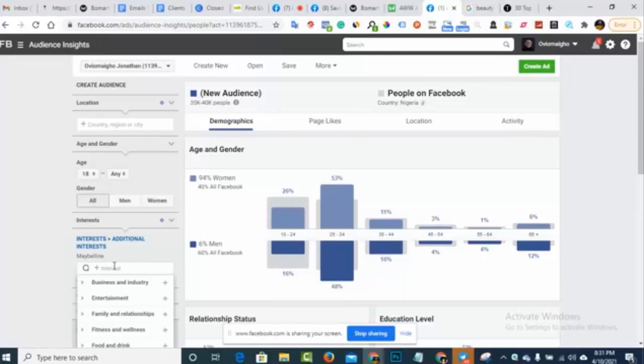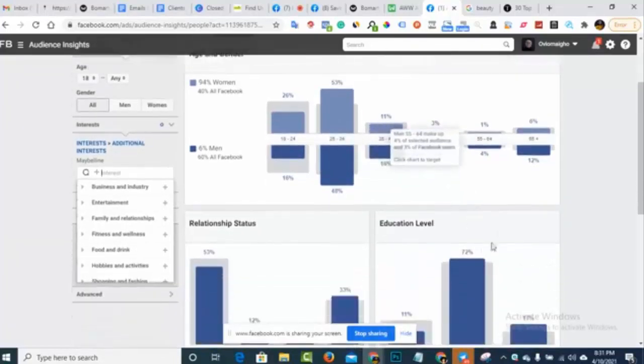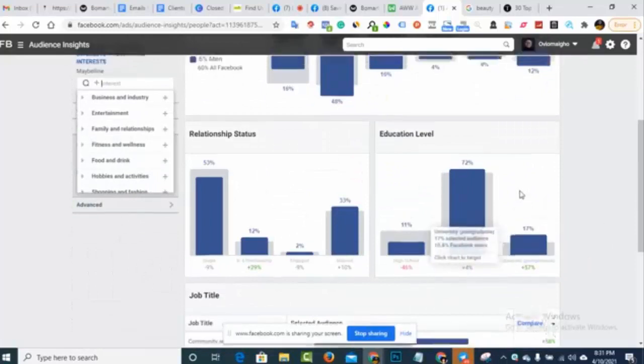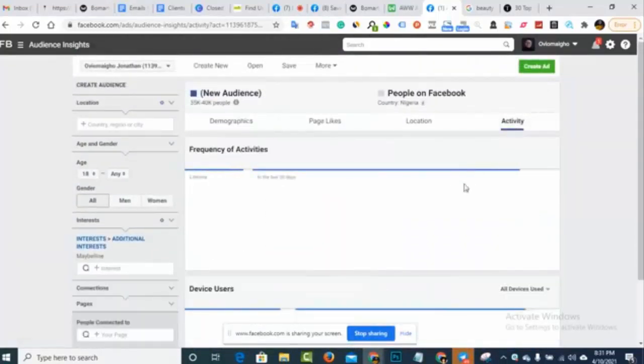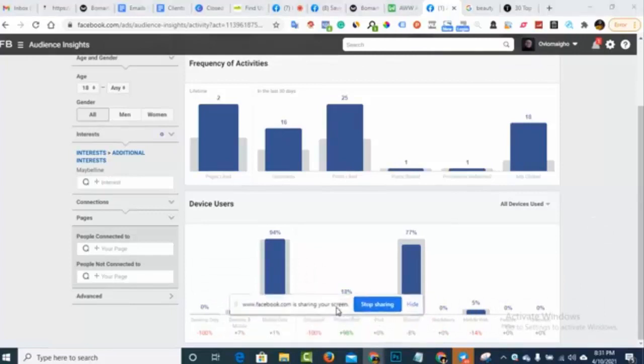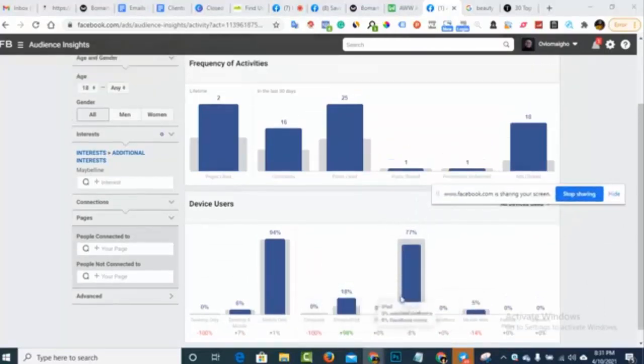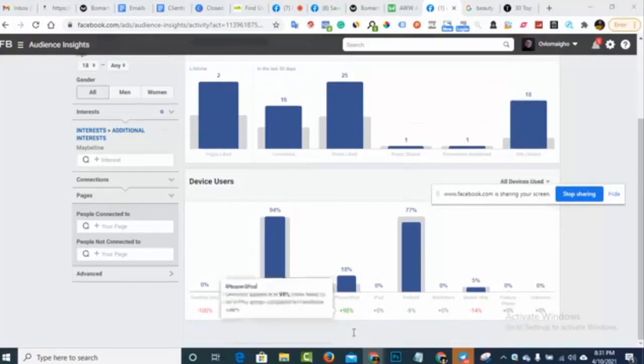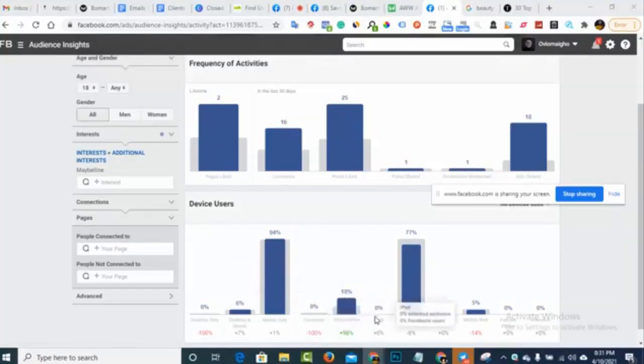By the way, we can just pick this one and put it aside before you check the other one. But I want to show you guys, we are talking about behaviors, right? So we can go to what I call activities of this person's. Go to activities, and right here you are going to see some of their behavior. You can see they are telling you that you have a lot of people using iPhone here. Like 98% of this percentage are more likely to be on Facebook. That's what it means.